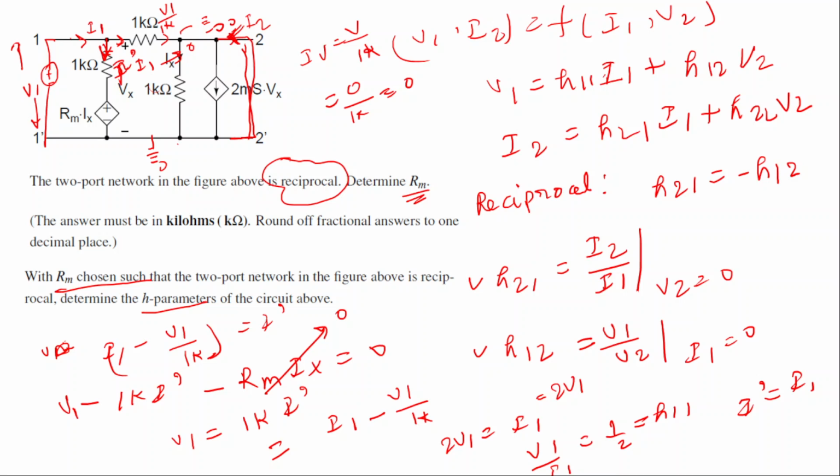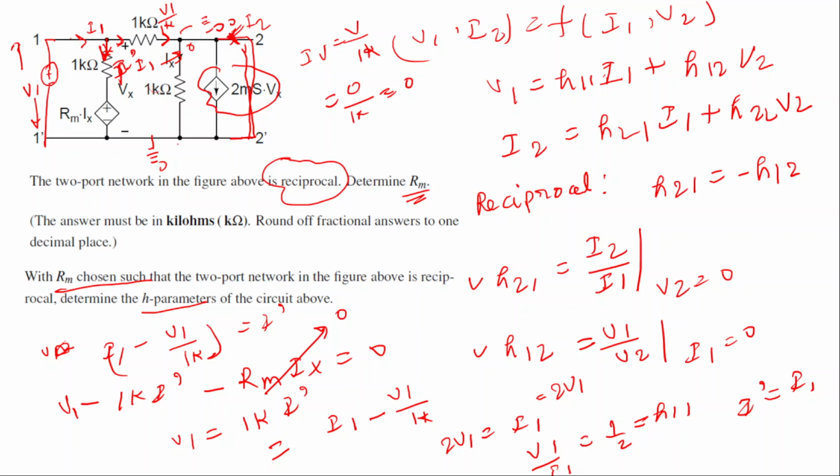Okay, so now the voltage Vx. Which is the Vx voltage? Yeah, so this Vx is this current in this current source, which is 2 millisiemens times Vx. Okay, so in this loop the current is I1, and this branch current is 0, and in this branch Vx is equal to V1.